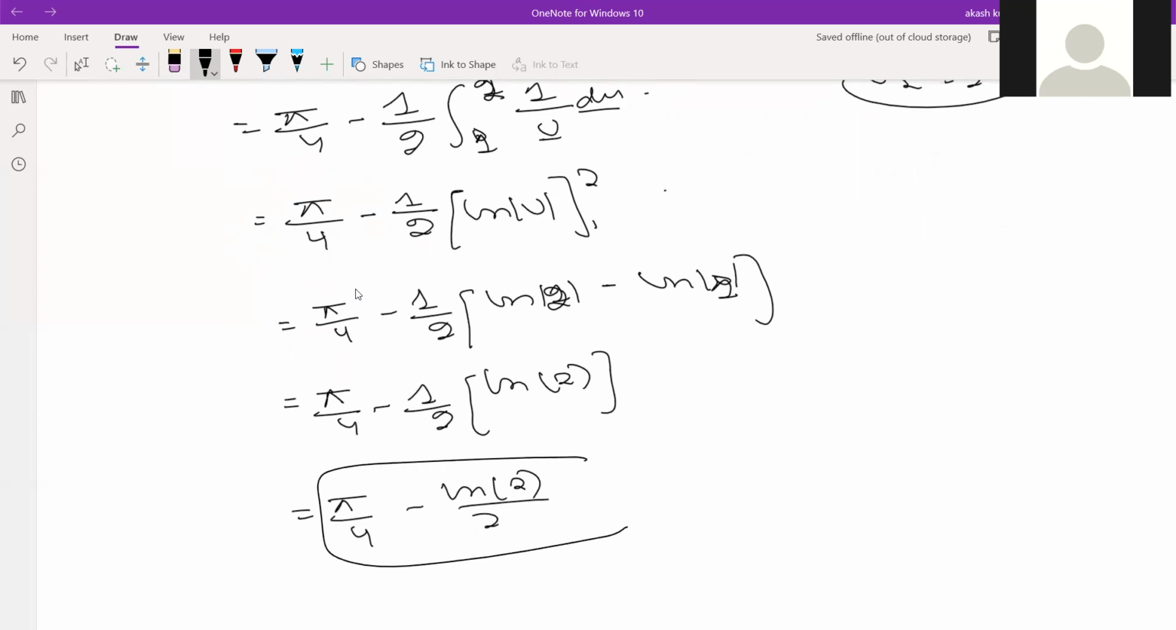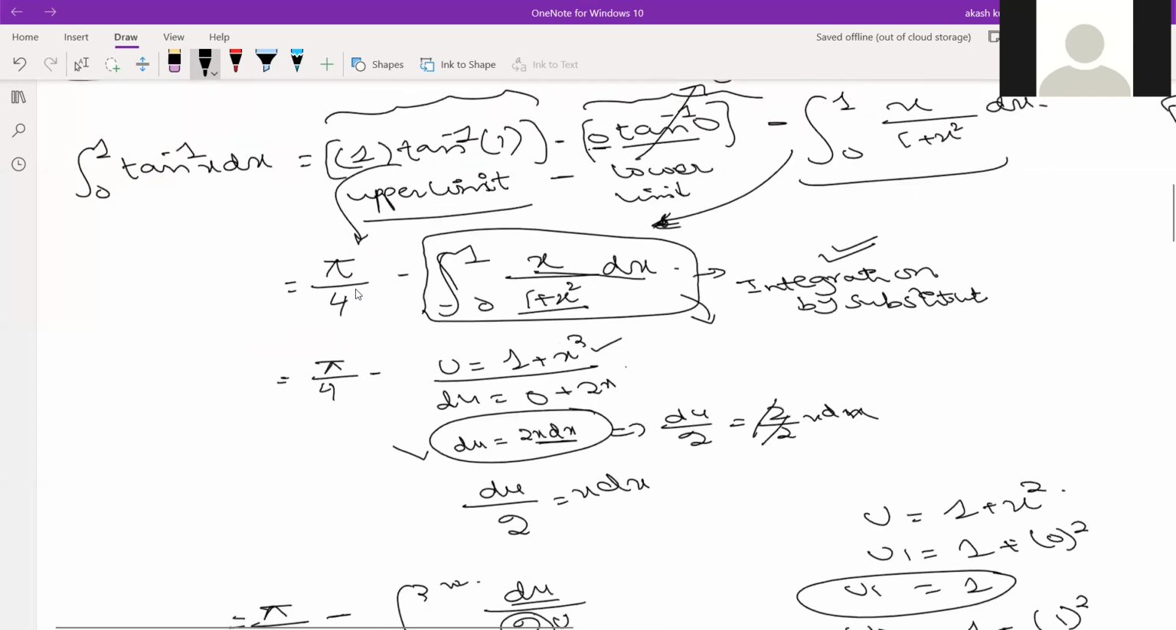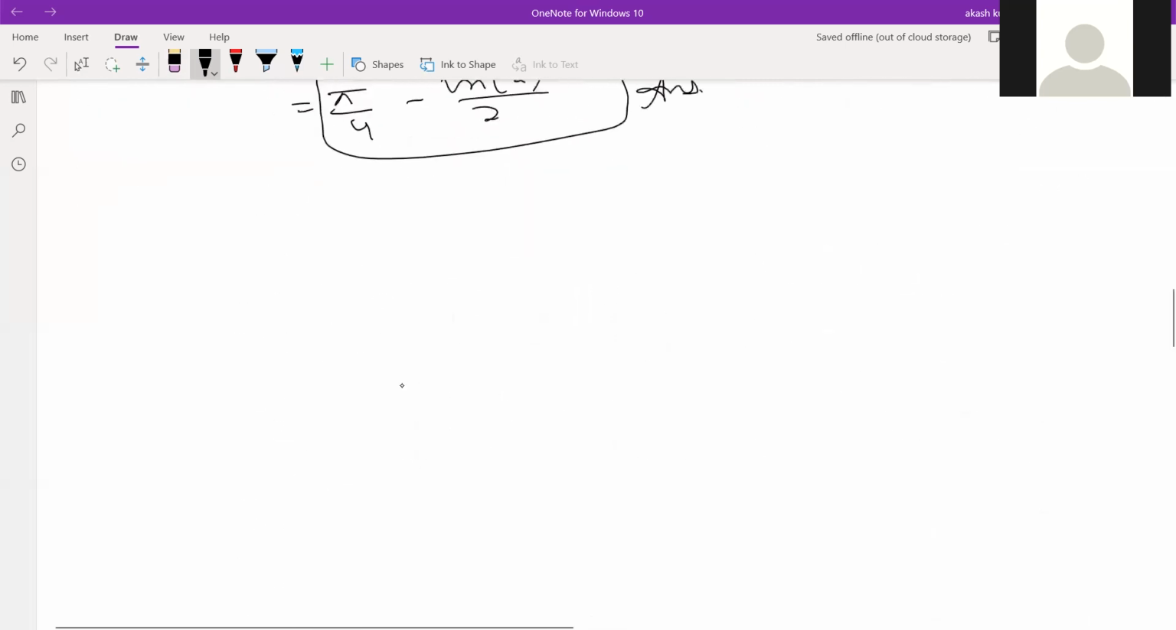Okay, was this clear to you? Yes, everything until the substitution method I understood, and then I got lost. Okay. Once we learn integration by substitution, then we will come back to this question. Now let's solve